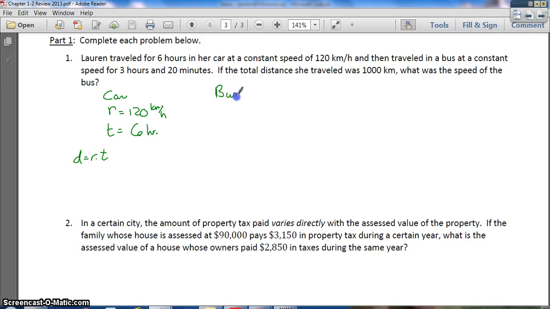Let's talk about the bus. The rate the bus was traveling, do we even know? Traveled on a bus at constant speed. All we know is it's a constant speed, we'll use x. 3 hours and 20 minutes. Ooh, be careful. You have to convert 20 minutes to hours. Well, there's 20 minutes that you're looking at, and there's 60 minutes in an hour. So to convert it, that would be 1/3 of an hour. 20 minutes is 1/3 of an hour. So this is 3 1/3 hours. Now, total distance. Well, this distance to this guy is, I'm going to make that actually